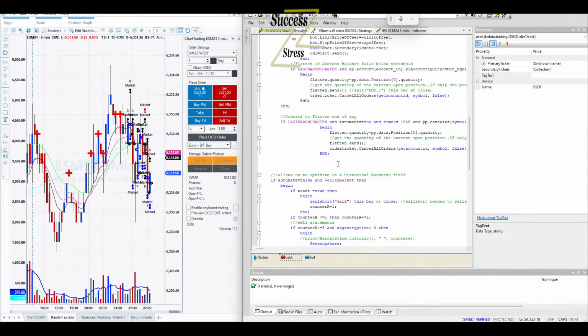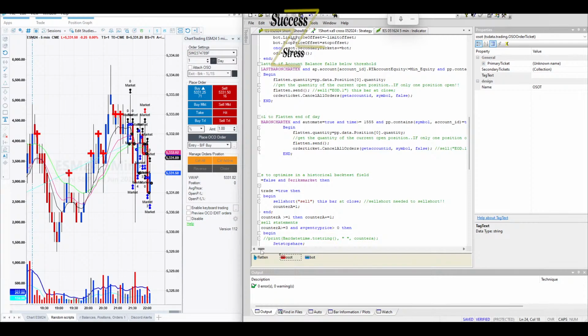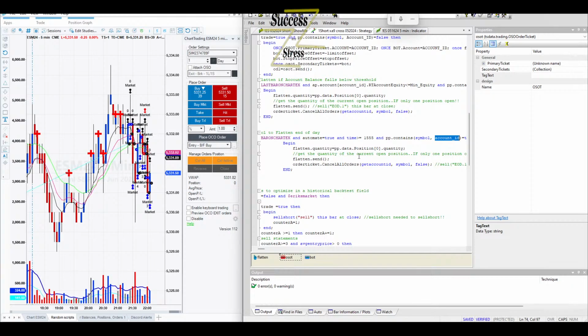I think when we brought, is it this? Flash bar on chart and automated equal true and time is greater than 1555.